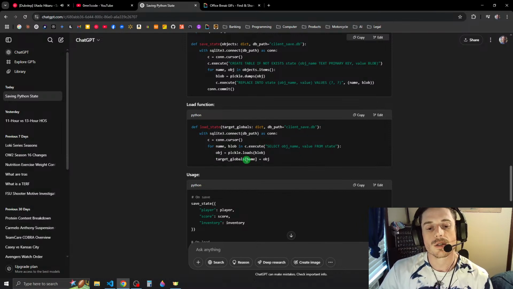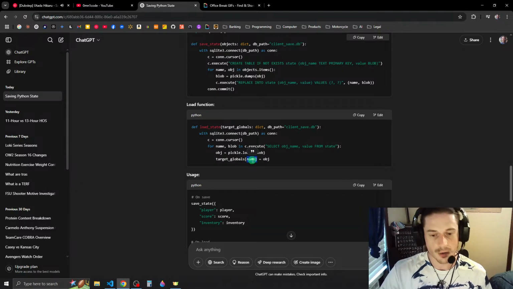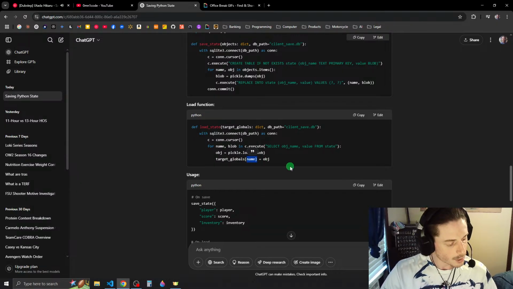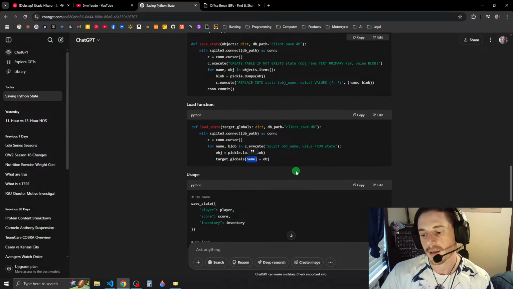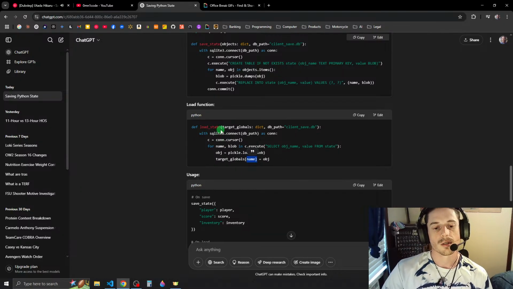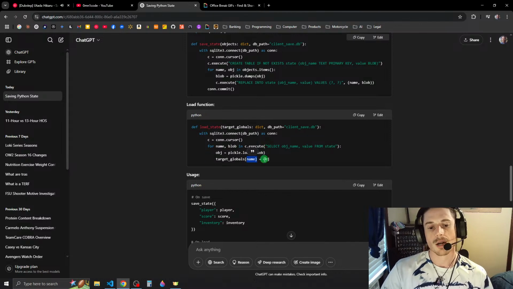Okay, so globals and all that is how it assigns stuff. The code is: sqlite3 connect DB path as con, cursor, for name, blob in c.execute, object equals pickle load, and so on, target globals at name equals object.